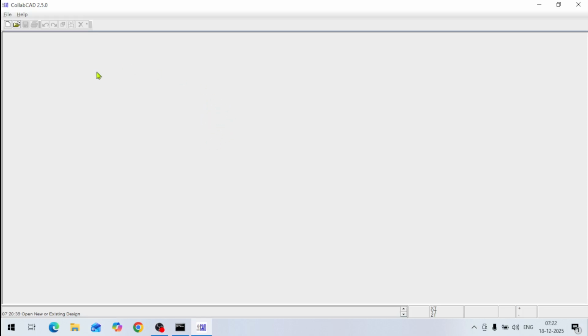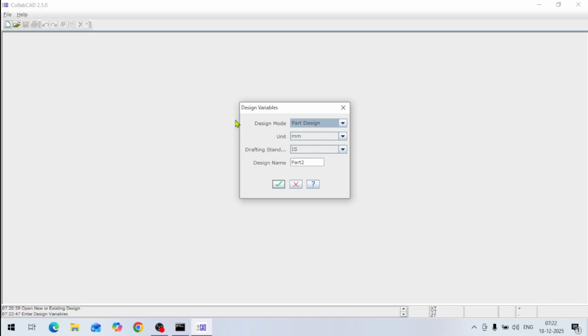Today in this video, you will learn how to draw a solid in COLLABCAD software. How to draw a solid. So, you just open a new file, COLLABCAD. So, it is here,